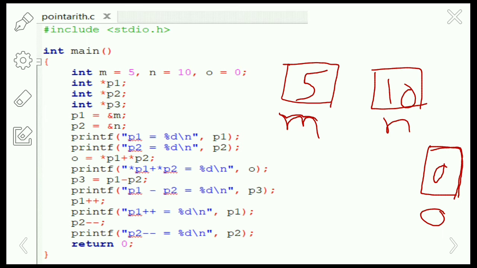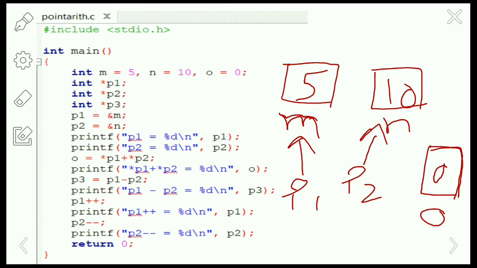After that we are declaring the pointers p1, p2 and p3, and then we are assigning the address of m to the pointer p1, and the address of n to the pointer p2. So the pointer p1 will point to m and pointer p2 will point to n.